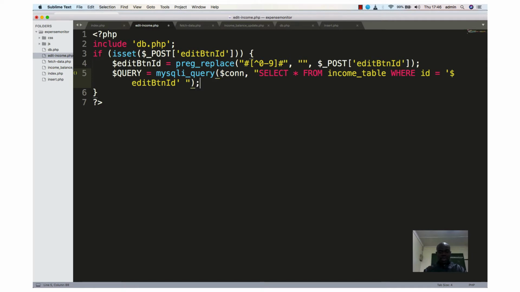So now we are typically pointing to that ID. When the user clicks on 3, we will just pick the information that is on 3 and then put them inside the income form. So we say for each query as row